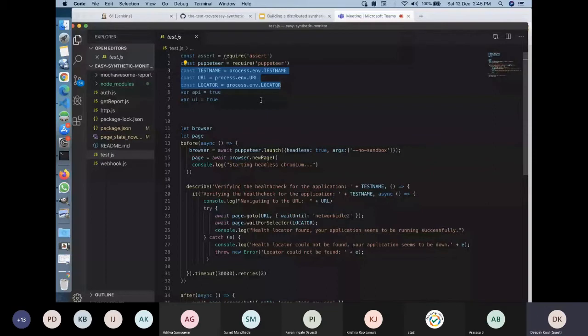the command line, this is the -D parameter equivalent of Maven if you are from the Java background. So it will take the test name because this is generic. That's why we write the test name as well, so that people can differentiate one check from another. And then the URL and then the locator, right? So I'll quickly give you a demo.